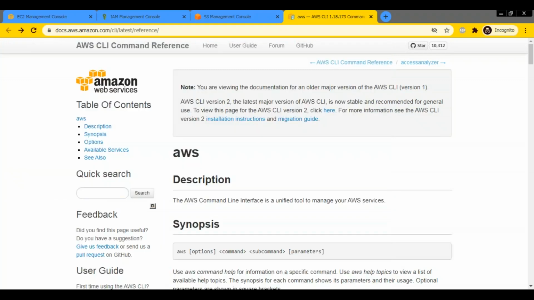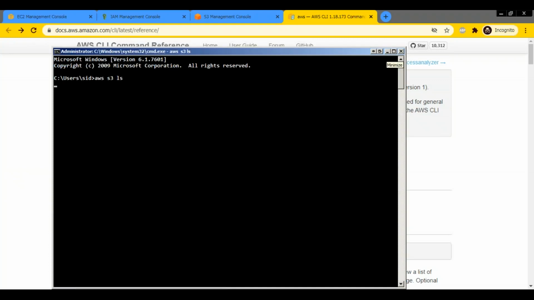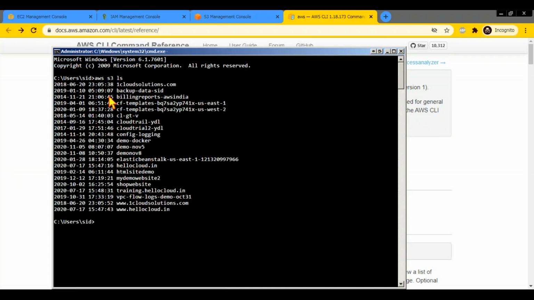Okay, sir. Yep. So you need to install the CLI and configure the CLI. For now, you can do that, but actually it is not a good practice, because when you configure the CLI, what happens is the keys are stored in plain text on your machine. When I configure the CLI, even if I close this and I again open it and I say AWS S3 LS, which is a command to list all buckets, you see it is working. I closed my command prompt, I opened again, I ran the command, it is working. It is showing me all my buckets and whatever I want I can do.